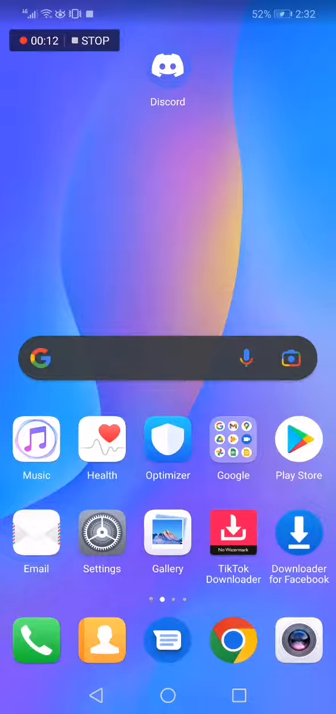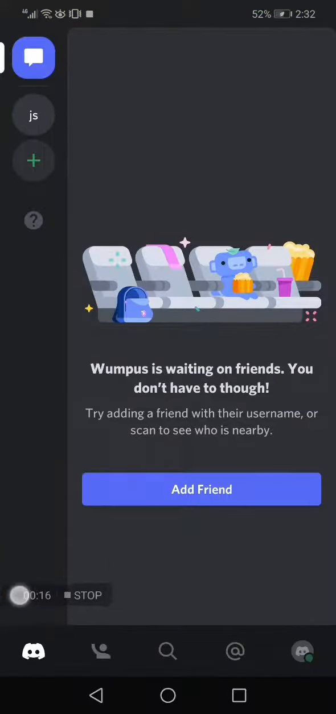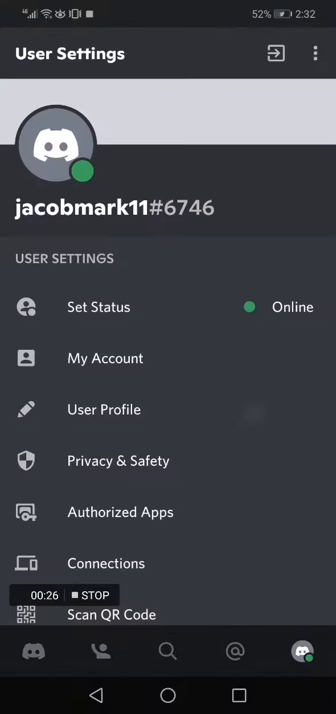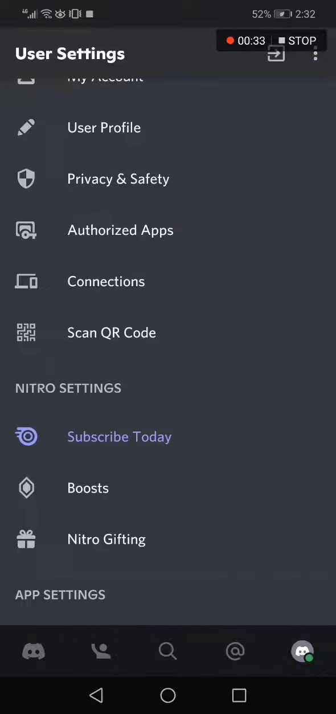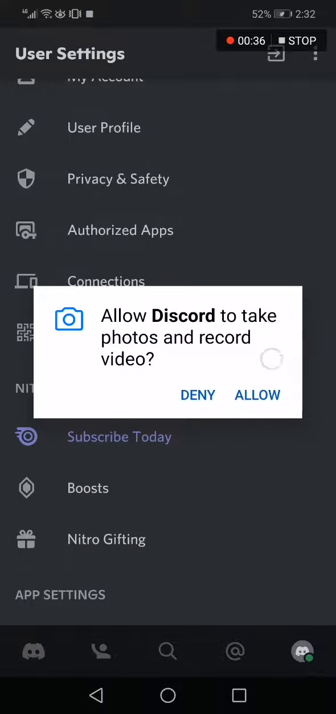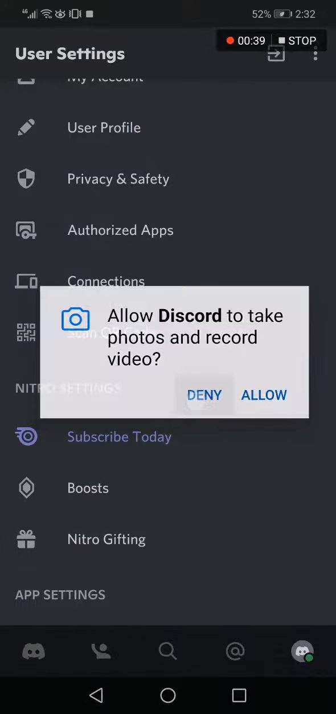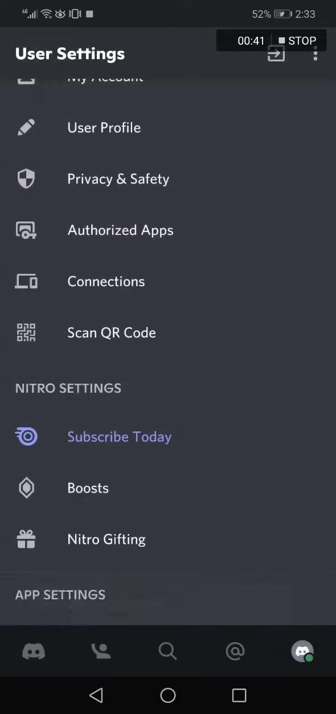So all you have to do is go to Discord. Now this is the homepage as you can see right here, and if you want to scan a QR code just go down below and click on this option, and now it will take you to this page. Now all you have to do is go down and you will find scan QR code. Click on it and click allow the camera to scan, and you will be able to scan a QR code